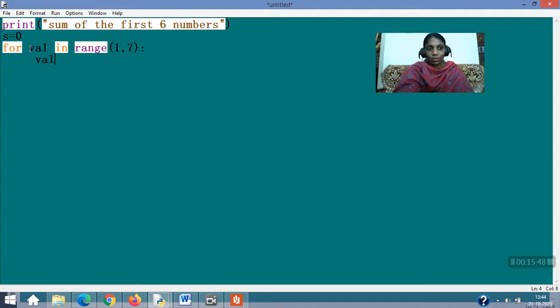1 should be stored to s, so you are adding s equal to s plus val, so 0 plus 1, 1 is stored. Okay, fine. Again the loop will execute.